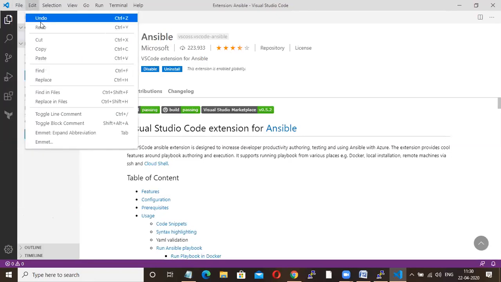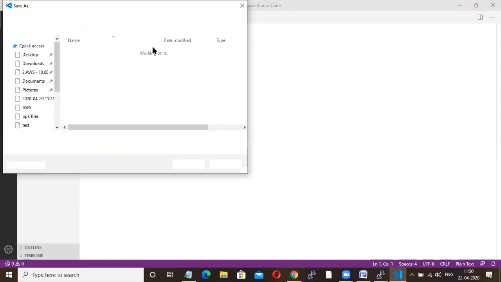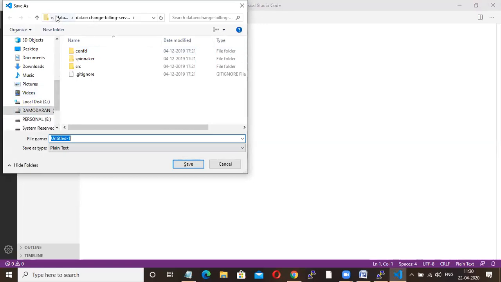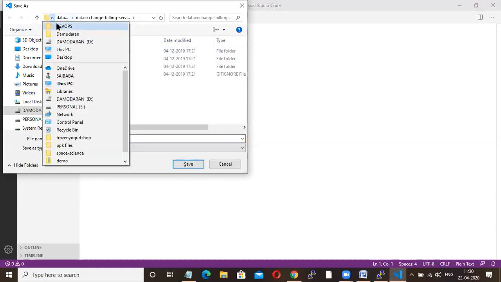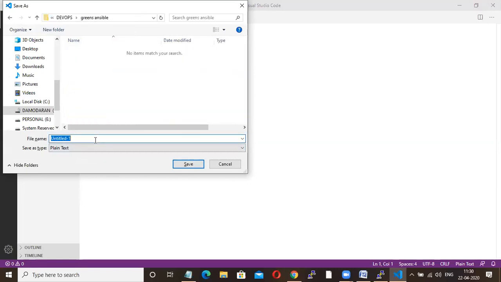Then go to File, New File. Control S. Then wherever you want to save it, I'm giving 2204/2020.YAML.